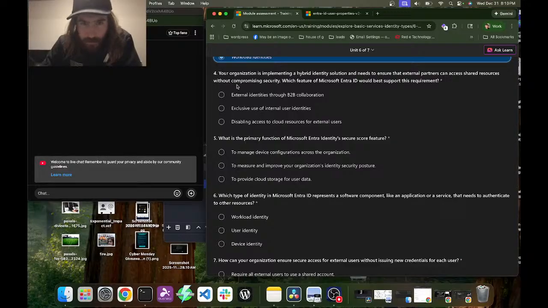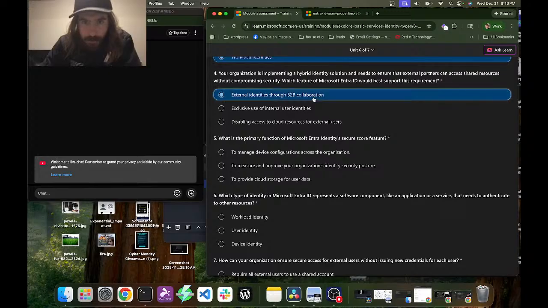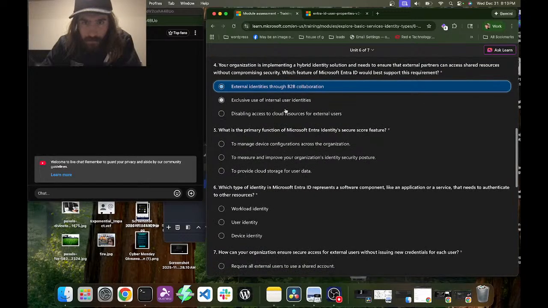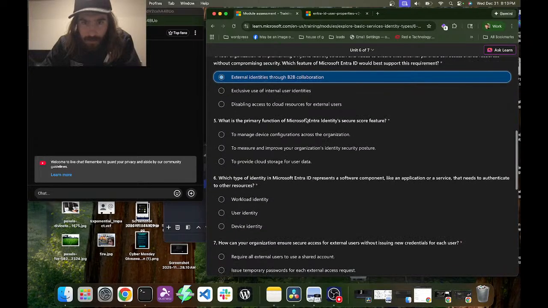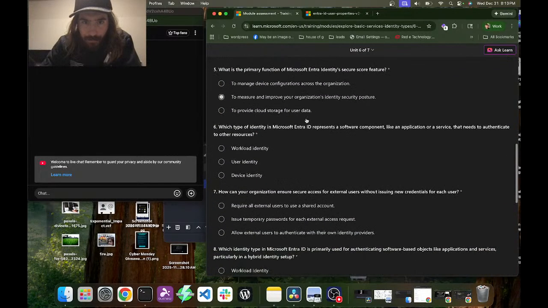So it's your organization is implementing a hybrid identity solution and needs to ensure that external partners can access shared resources without compromising security. Which feature of Microsoft Entra ID would best support this requirement? And it's external identities through business-to-business collaboration, which that's the answer. Exclusive use of internal user identities, or disabling access to cloud resources for external users.